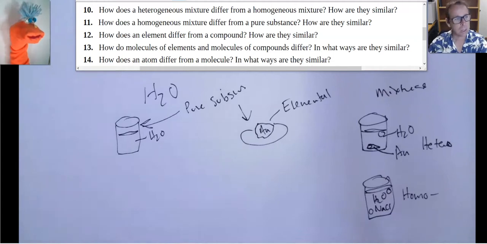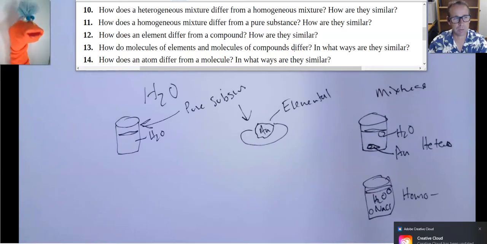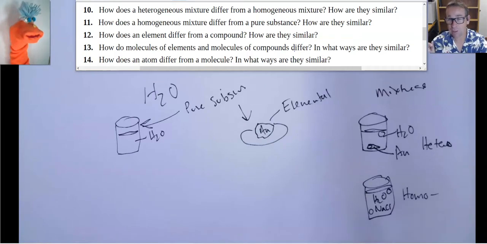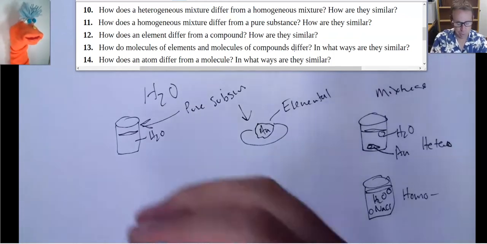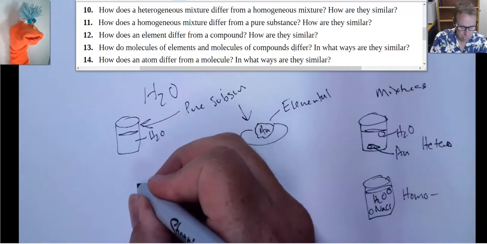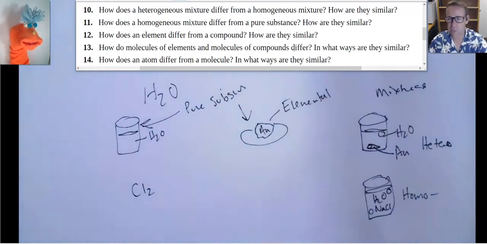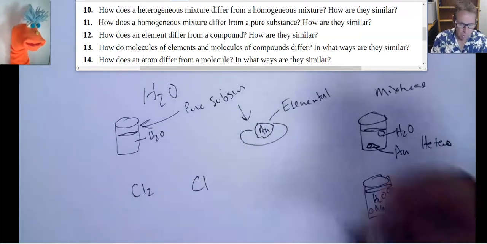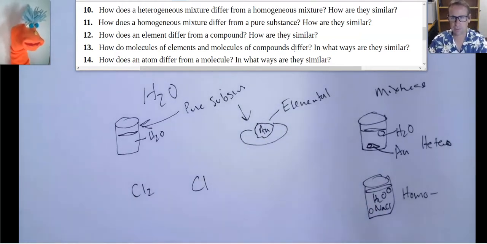Okay. Good. How do molecules of elements and molecules of compounds differ? Molecules of elements, what does that mean? All right, so remember there were a handful of elements that are molecular in nature. Now, molecular means that they go around in multiple atom groups. So, for example, chlorine gas, Cl2, that's how you find it naturally. You never will find chlorine atoms all by themselves, all right? You'll find chlorine atoms combined with other